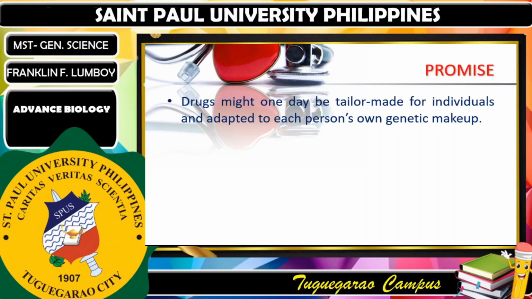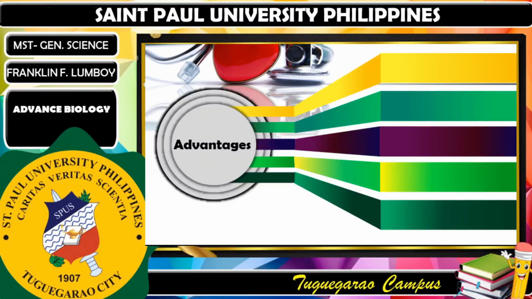So, what are the different advantages or benefits of pharmacogenomics? Pharmacogenomics combines traditional pharmaceutical sciences such as biochemistry with annotated knowledge of genes, proteins, and single nucleotide polymorphisms. So here are the following benefits or advantages of pharmacogenomics. The first one is more powerful medicines. That is one benefit of pharmacogenomics.